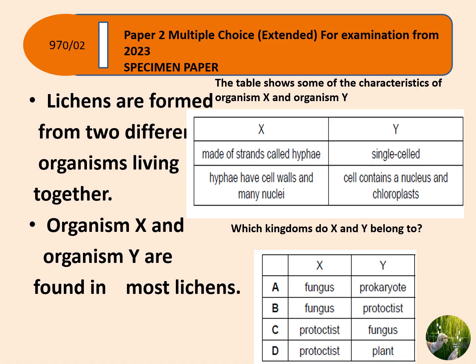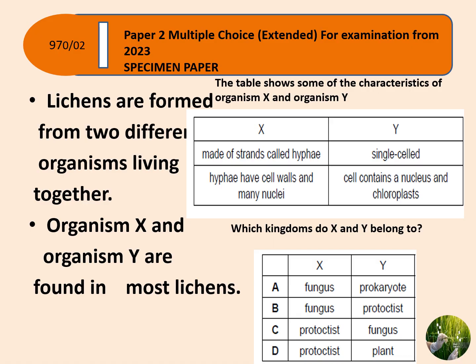In fungi, the elongated cells covered with a tubular cell wall make hyphae, these strand-like structures. They have many nuclei also, and hyphae are present in fungi. Then if you take Y, it is a single-celled organism,